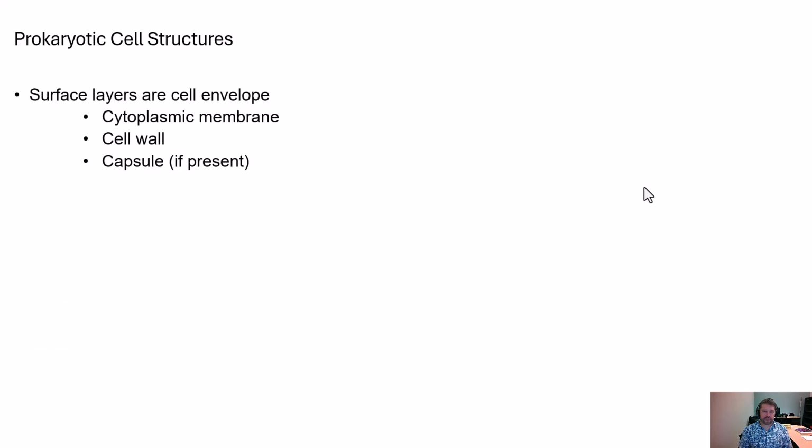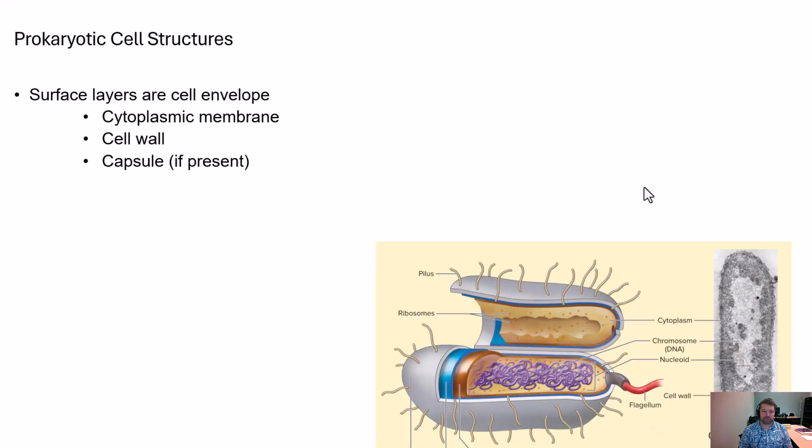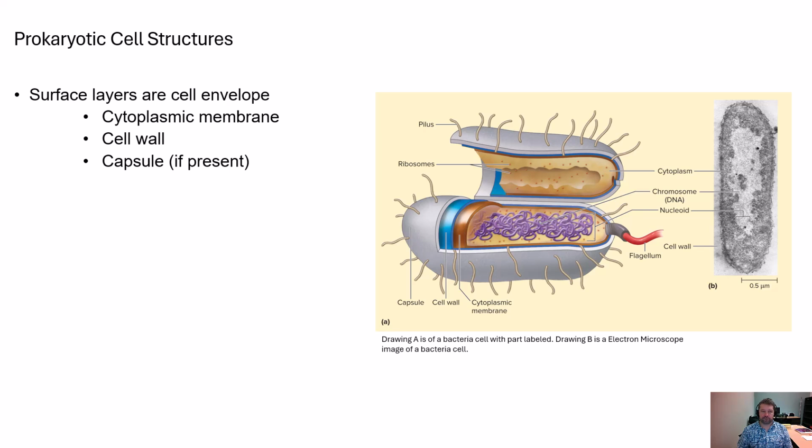Okay, so prokaryotic cell structure, just general. I'm just going to do a general overview, and then we'll dive deep into these in a future lecture. But just in general, the prokaryotic cell is often made up of kind of 3 layers. So you have a cytoplasm, and this is where ribosomes and the nucleoid are going to sit and kind of float around